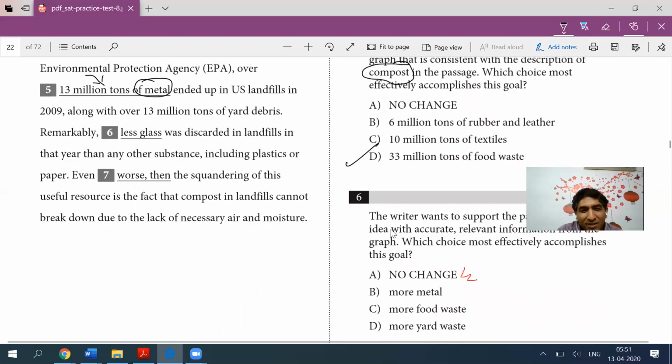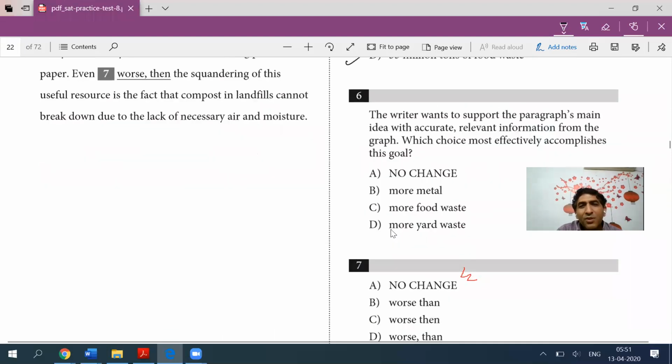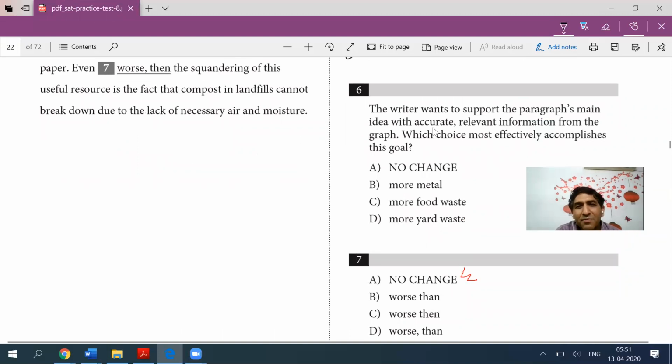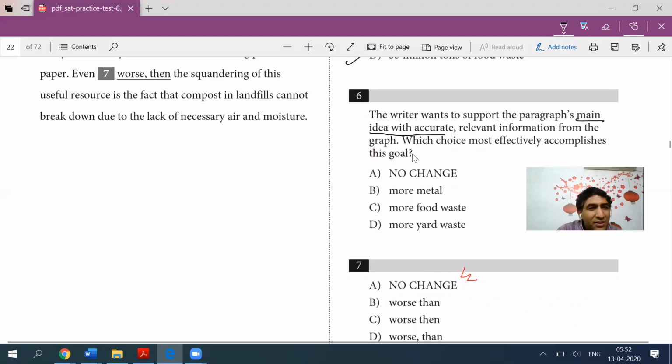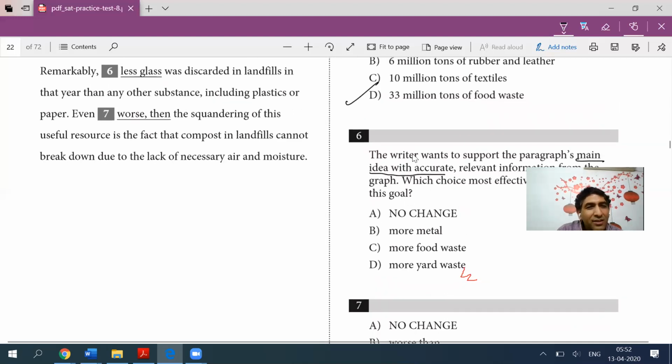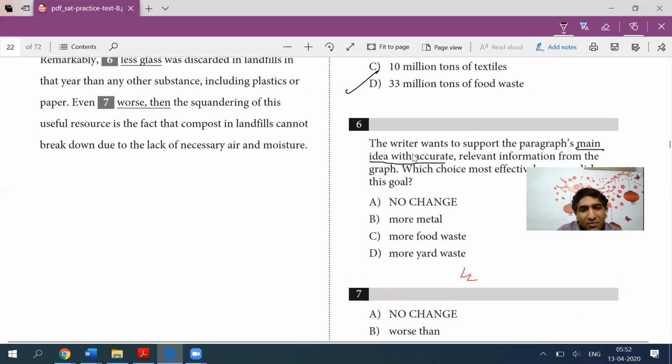Question 6, what does it say? Wants to support the paragraph's main idea. All right, so the main idea is about composting, that the food which is wasted can be used for making compost. Relevant information from the graph. Which choice most effectively accomplishes this? All right, so let me see. Even worse than the squandering of this useful resource is the fact that, even worse,